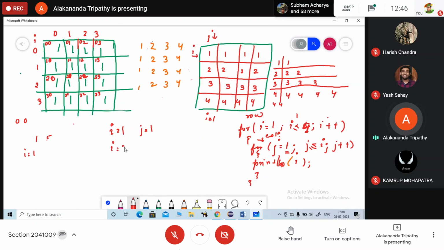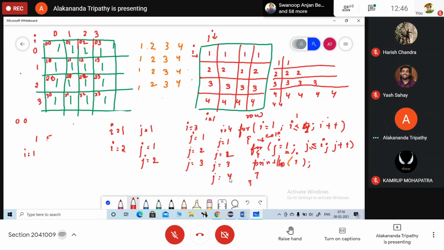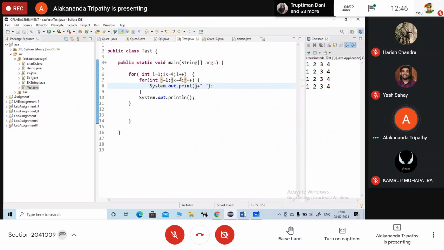When I is 2, J runs for J equals 1 and J equals 2. When I becomes 3, J runs 3 times. When I equals 4, J runs 4 times. So here a simple modification is needed: J less than equals to I.